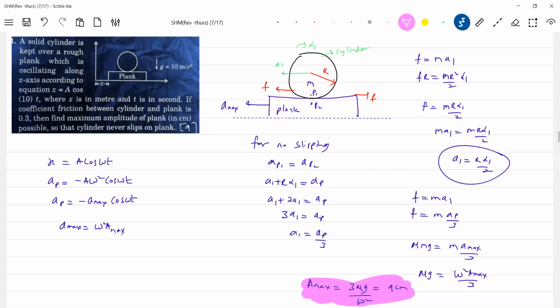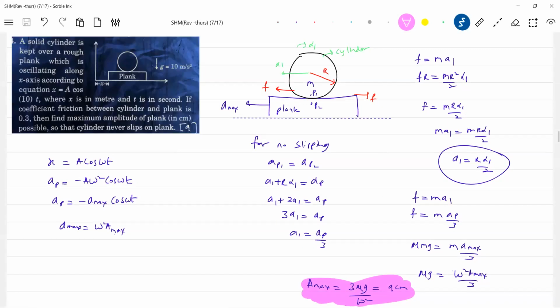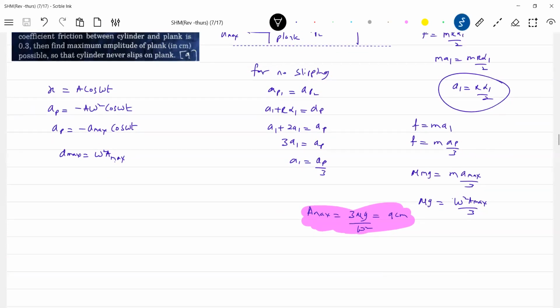The plank will move horizontally here. This is something very important. You have to start your discussion from there. The plank will oscillate like this. We are discussing the motion of the cylinder here. If you have a block, it will oscillate horizontally. Then what is the maximum acceleration? In that case, it'll be quite easier. And the same thing, instead of a sphere, if there's a block, how will you do it?